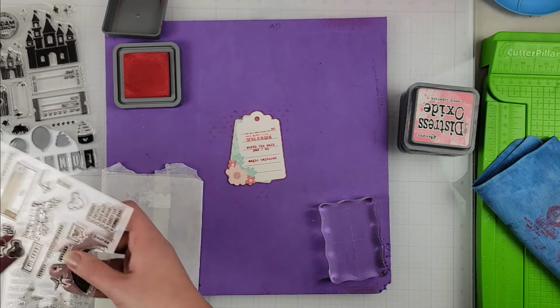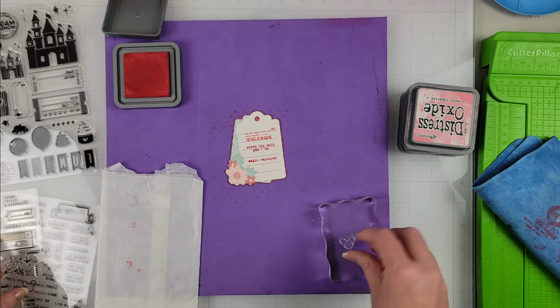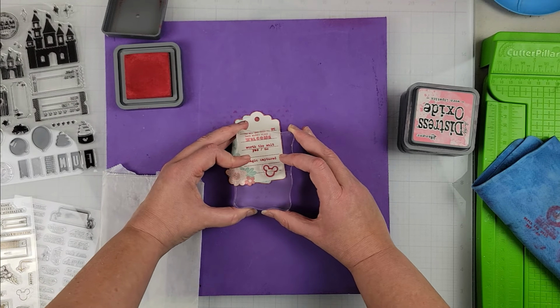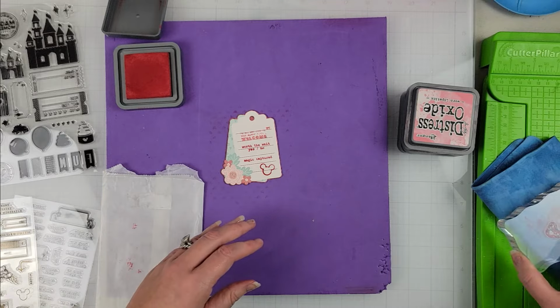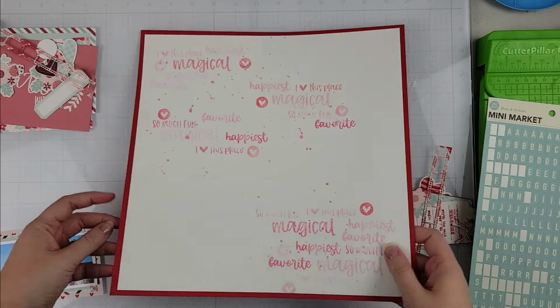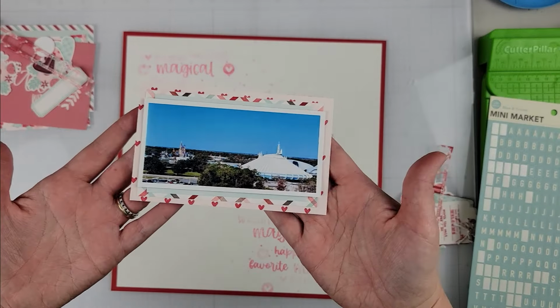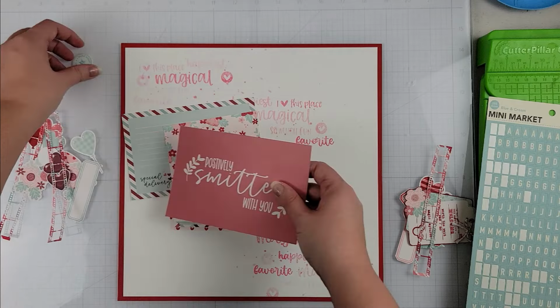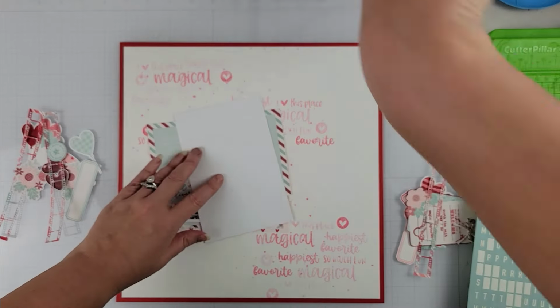I do end up taking a Mickey head off of this stamp set as well and adding that Mickey head to the bottom of the tag. So once I have that, I basically have all of my elements ready to go, and we're going to come back here. I've added my white cardstock to a piece of red cardstock to frame my layout, and then I've taken some